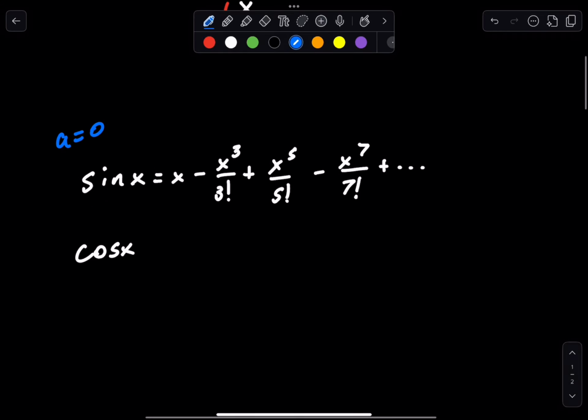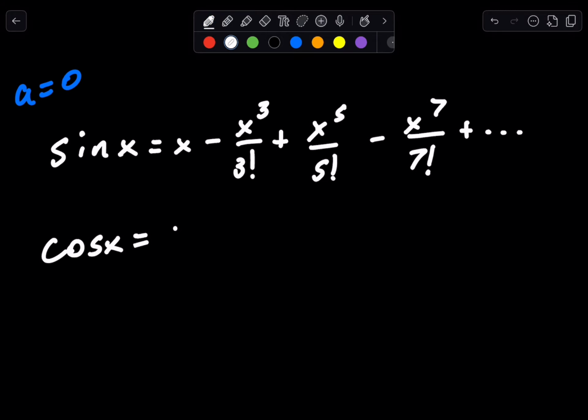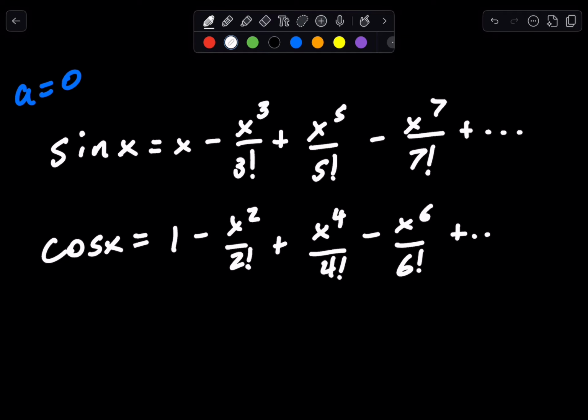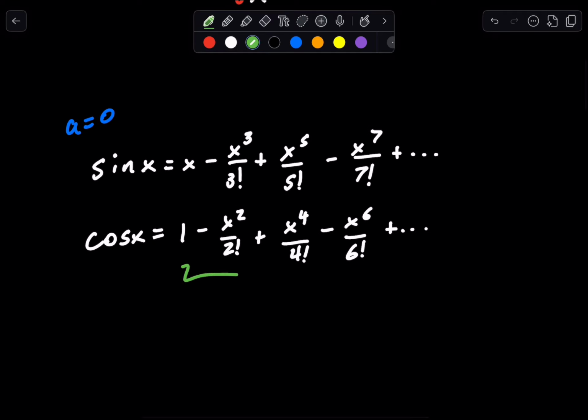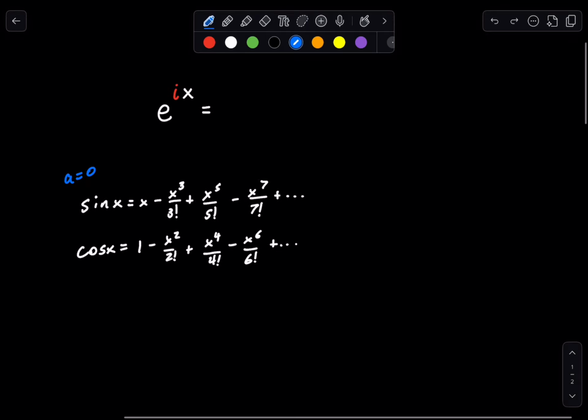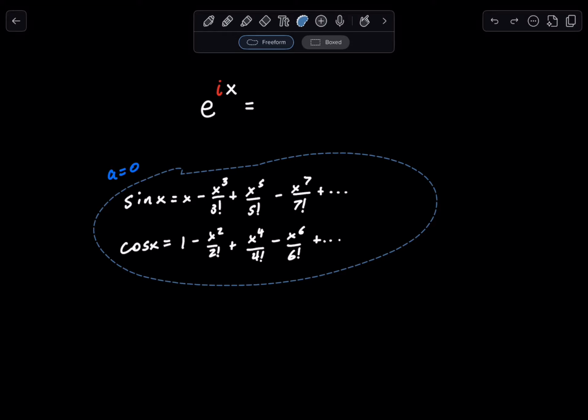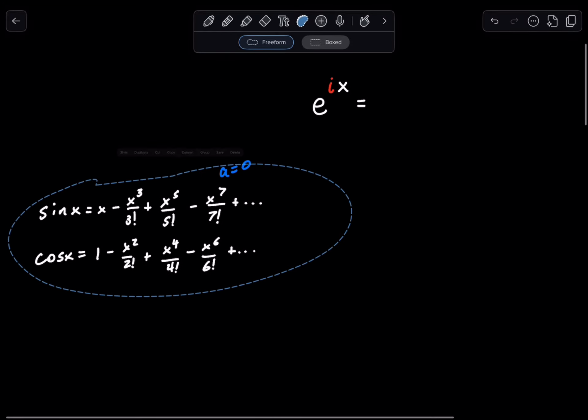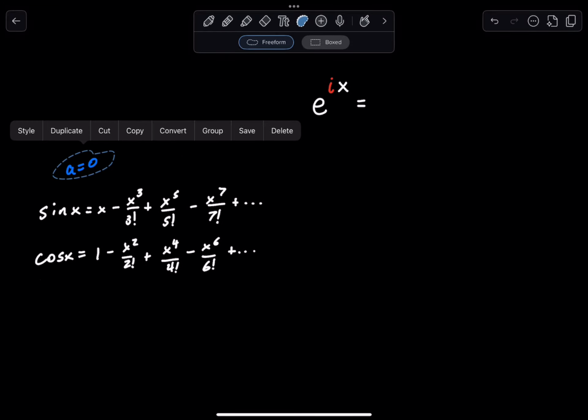Now, we can do the exact same thing for cosine of x. For cosine of x, what do we get? We get 1 minus x squared over 2 factorial plus x to the 4th over 4 factorial minus x to the 6th over 6 factorial plus dot dot dot. So you can see right here the pattern is we have even powers incrementing by 2. And we have odd powers here, which is pretty neat on how these work together. You can simplify the factorial, but there's no need right now, we'll talk about that later. So with this new knowledge on how we can represent sine of x and cosine of x using an infinite number of polynomials with the Taylor series,